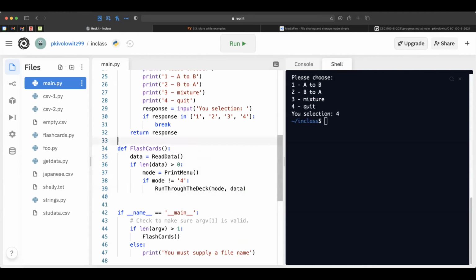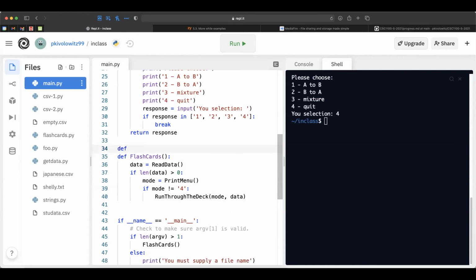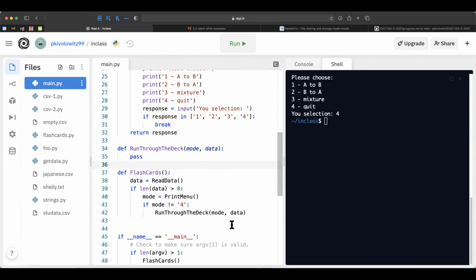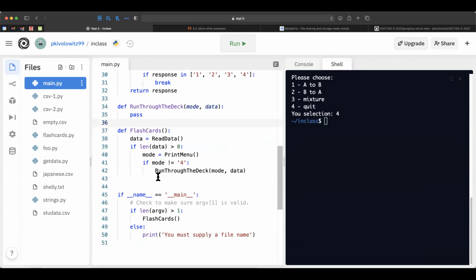Let me define that and I'll make it do nothing. Def run through the deck. And you need the mode and the data. And I will just pass. And then down here,